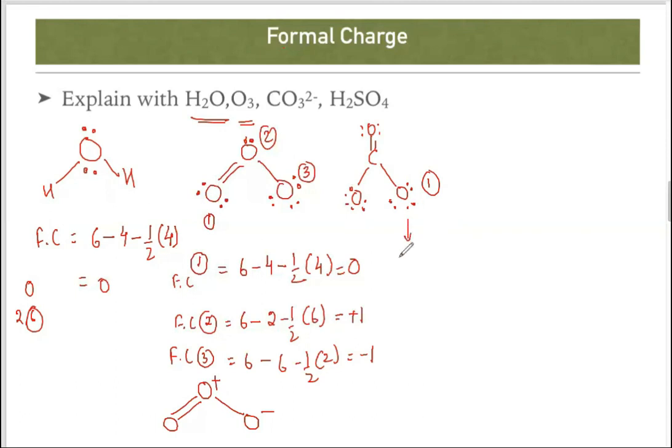So I'm just calculating the first one. So first one will be oxygen, again 6 minus this one is 6 minus this is also 1 by 2 and this one is 2. So this is minus 1 and this is also minus 1. So what is the actual structure? Carbon, if you represent, this oxygen has 0 formal charge. You can calculate it. So this is the structure of carbonate.